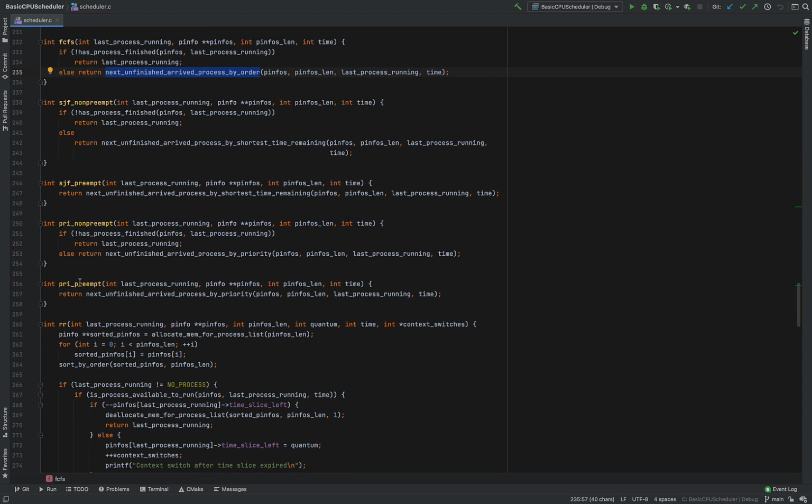And for the priority preempt function, we have no guarantee that the last running process is still going to be the process which has the highest priority, as in the lowest priority number. Since some other process might have come in the meantime, it is available to run and it has not yet finished executing. Of course, it might have come pretty recently. So this function might return a different process than the last running process. And also, you should again keep in mind that this function is the same function that you use in the non-preemptive case of priority scheduling.